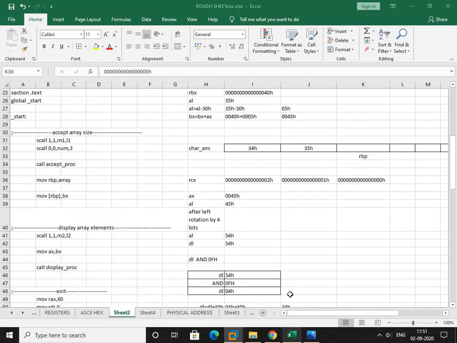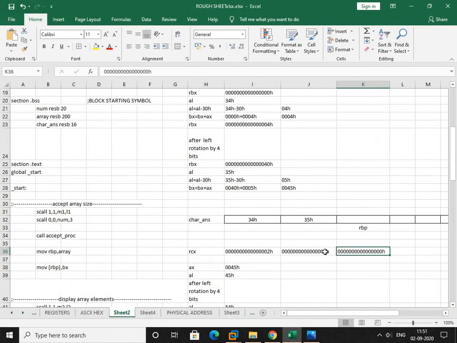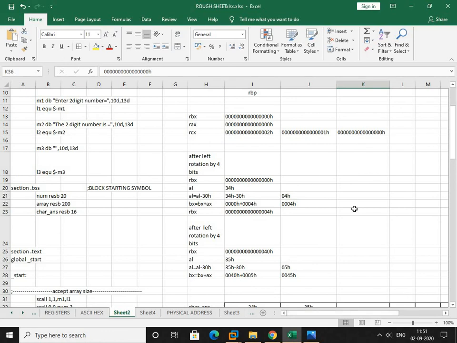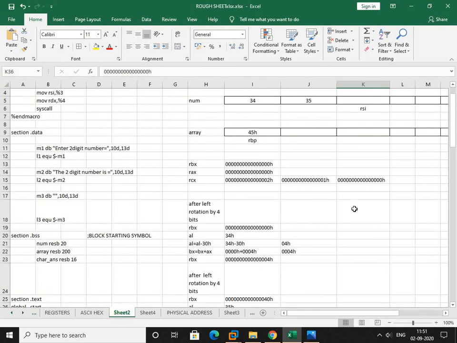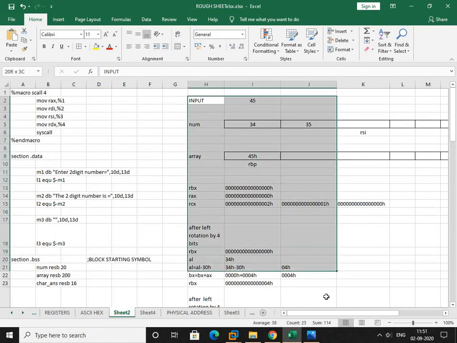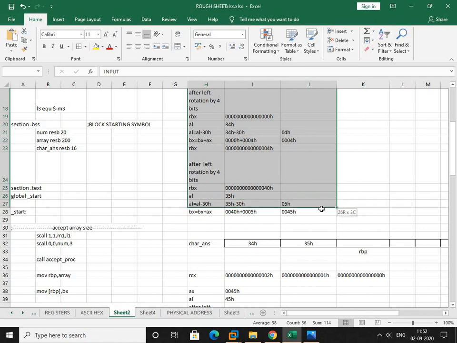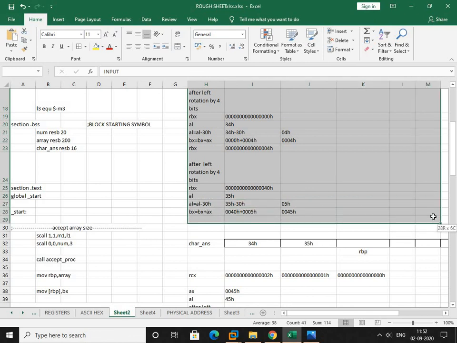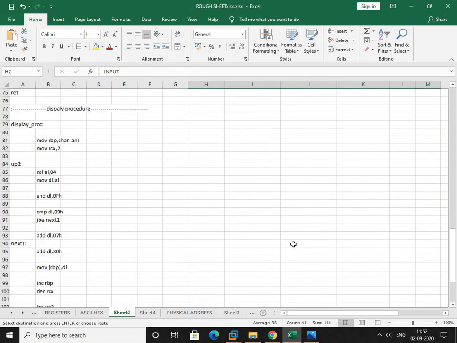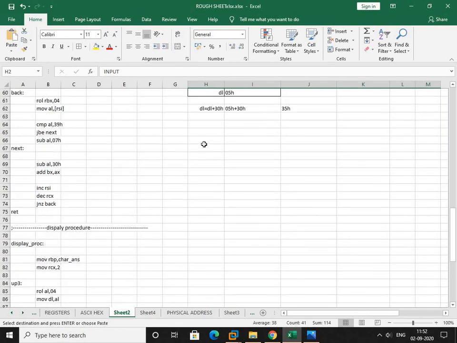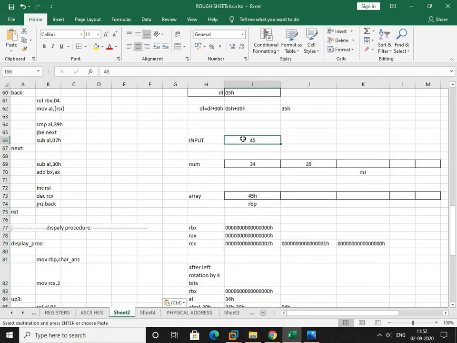at that time, I will repeat the same process once again. Suppose I have taken capital A and 2. So what is the ASCII hex value of capital A?